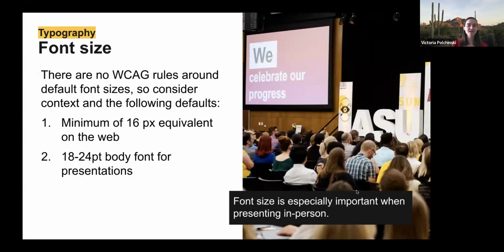So related to font size, there are no WCAG rules around default font sizes, so consider context and then the following default. What I typically see people use for the web is a minimum of 16 pixels, or the equivalent of 16 pixels. I won't get into too much about don't use pixels if you're publishing to the web, but if people have questions, I'm happy to answer them. I just don't want to make this too technical a conversation if I'm not quite sure who in this room